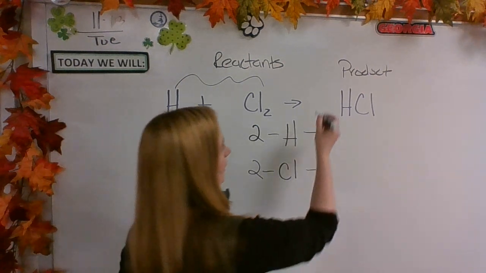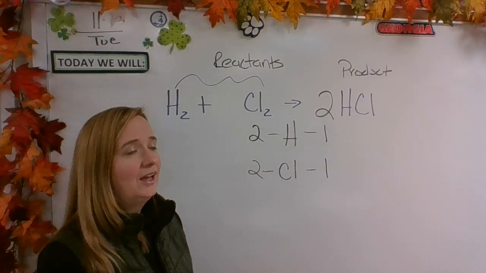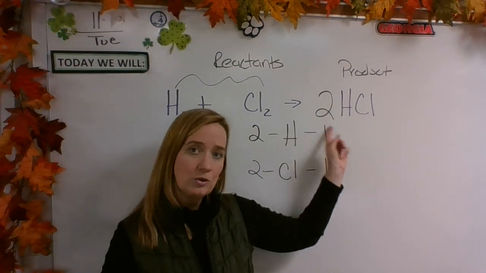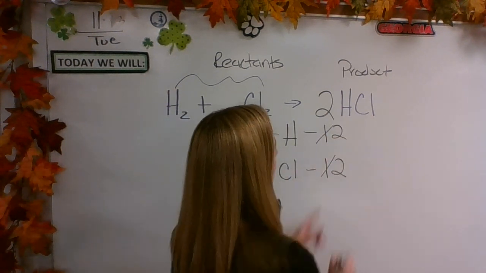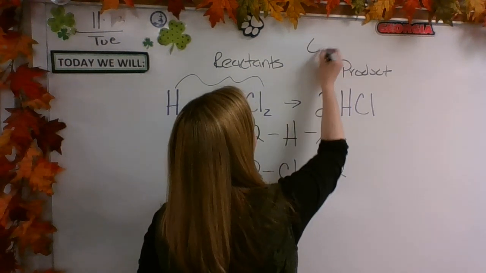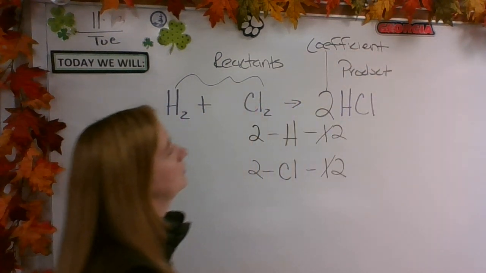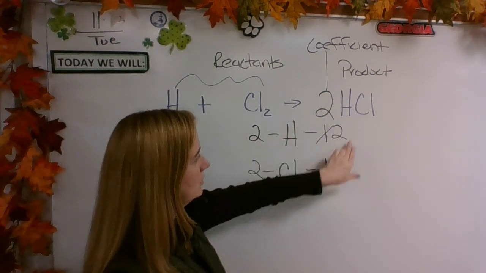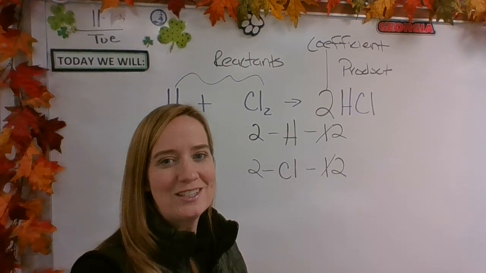The only way that you can change the number of chlorine is to put a large number, which we call a coefficient. And the beautiful thing about that is when you put it out front, it's going to be like an imaginary parenthesis. So now I have 2 hydrogen and I have 2 chlorine. So you're going to multiply each element by the number that is in front, which we called a coefficient. Am I balanced? 2 hydrogen, 2 hydrogen, 2 chlorines, 2 chlorines. You're done. Check back for the next video for